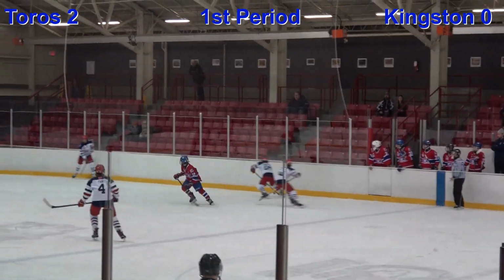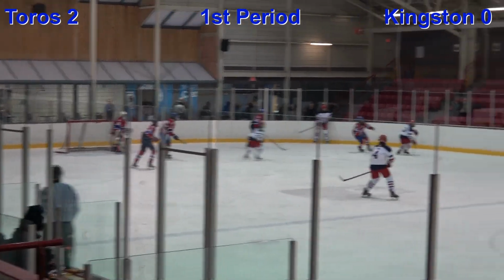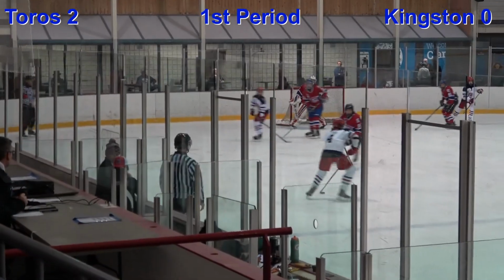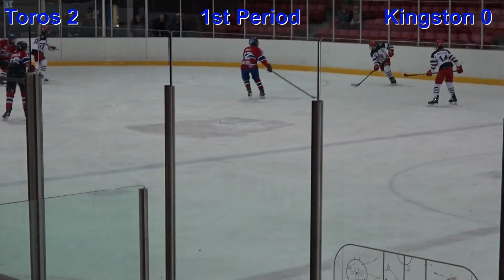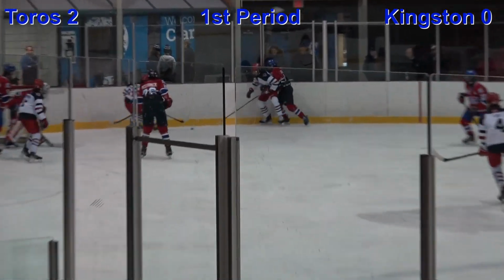minor for head contact. Here comes a chance to dump it in. Over here to the other side, he gets it back here to the line. Here comes Braden Fair with it now. Fair back here to the side. It's over here now for a chance to try and shoot this, but he can't shoot it to the front of the net.